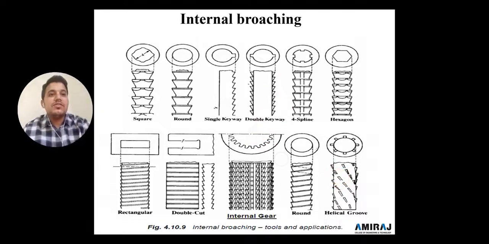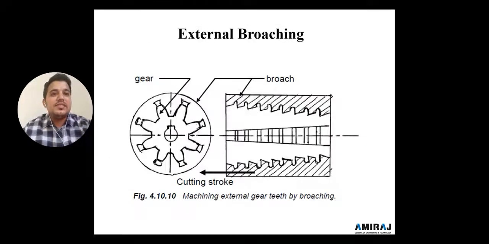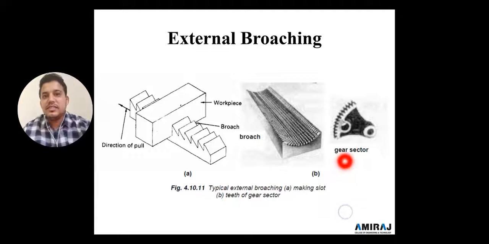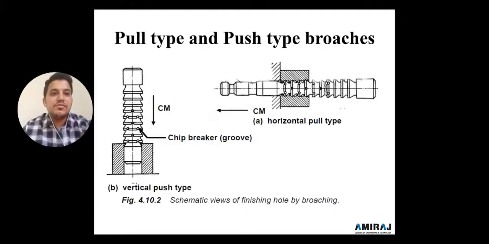So you can observe that these are the applications of internal, and this is the external. You can observe here, this is particularly the tool. This is the gear, so we can utilize this for such applications. So these are the externals, we have to remove such materials by using this cutting saw. This is another example of external broaching. This is the one, this is the second, and there the gear section, as we yesterday discussed in the detailed classification of the broaching machine.